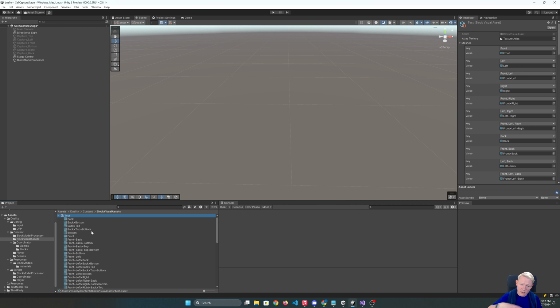So this is something that if you've imported your FBX models from other sources or just ones that you've been working on yourself, you may have already seen this fact that some assets you'll see things embedded under them. And so this is something that you can do. So this test here, this block visual asset, it's a scriptable object, but it's a scriptable object that I have then attached these individual meshes to so that it's all self-contained. Because what that allows me to then do, if I go back to that other scene,